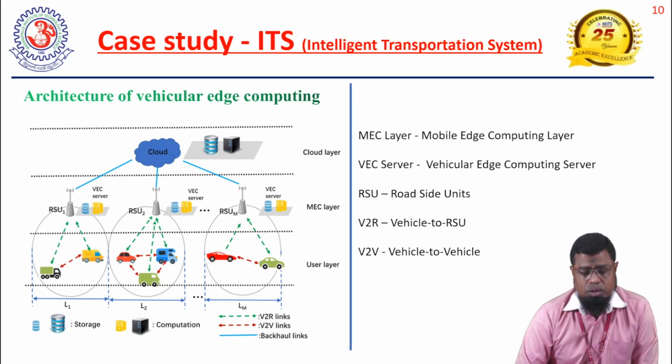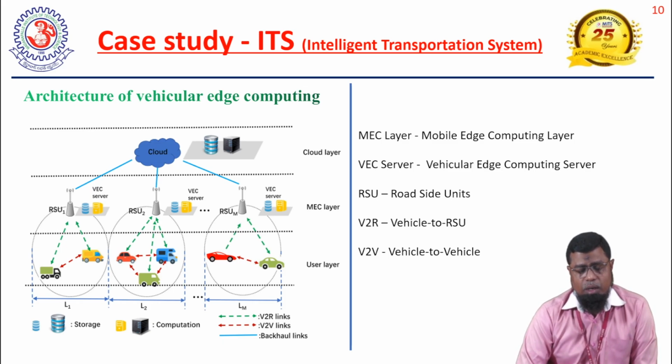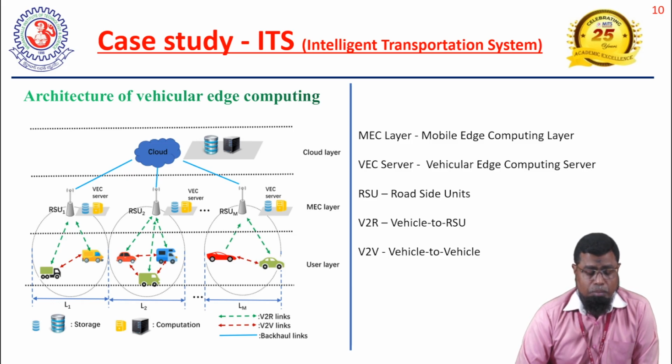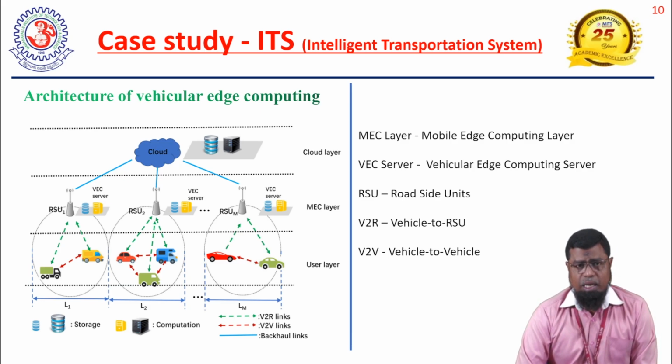The diagram clearly shows that the top layer is the cloud layer, where it stores cloud data. The middle layer is the mobile edge computing layer. There are many roadside units and vehicular edge computing servers, and storage devices are there. RSU1 represents the first roadside unit server, the second one is RSU2, like that up to n number of roadside servers. Now you can see that the circle represents n number of vehicles inside one network. They are connected to RSU1. The second circle represents some vehicles connected to RSU2.